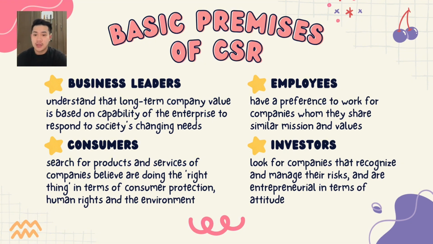Number three, employees. Employees want to work for a company that shares their values and prioritizes CSR. Number four, investors. Investors seek companies that manage risk well and show an entrepreneurial spirit,